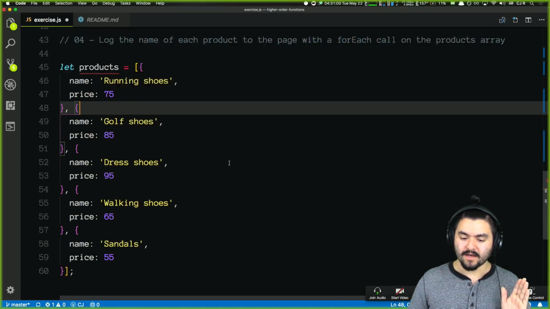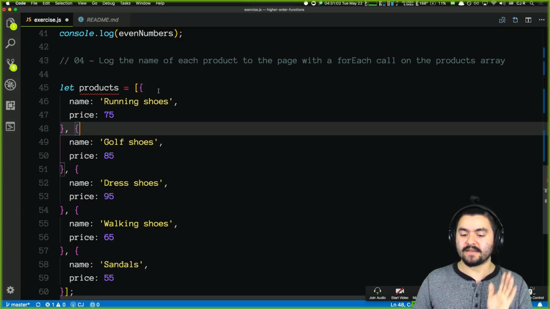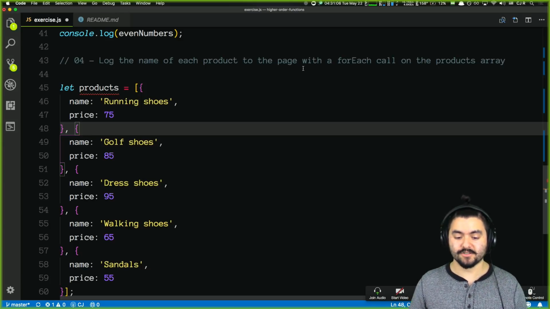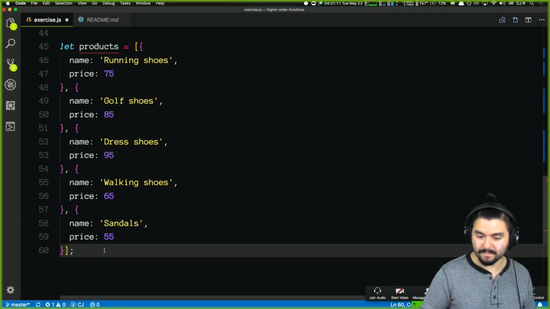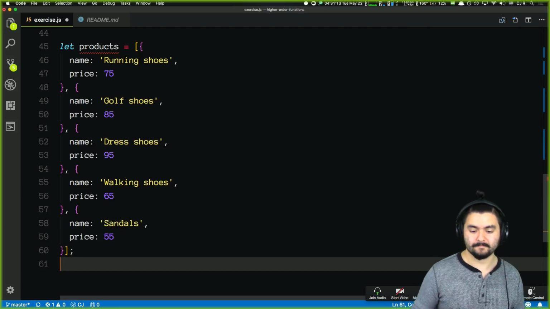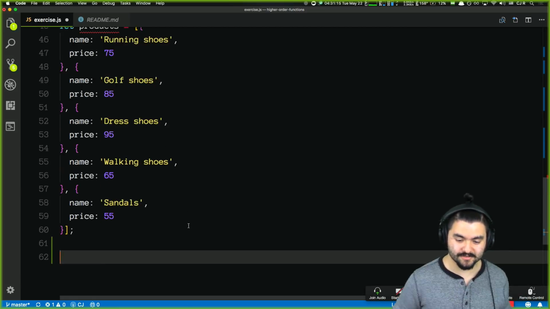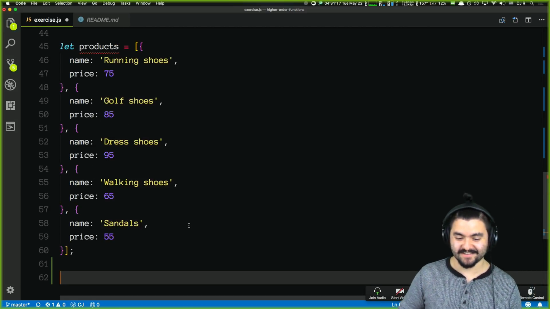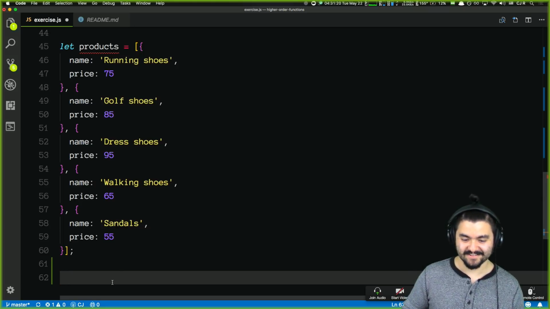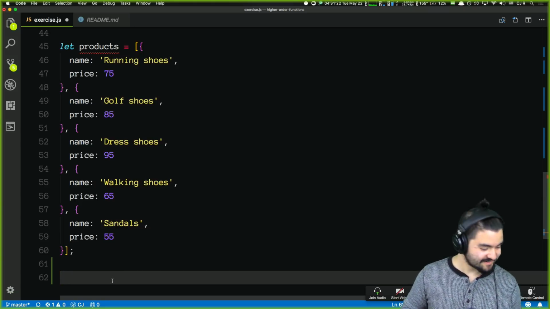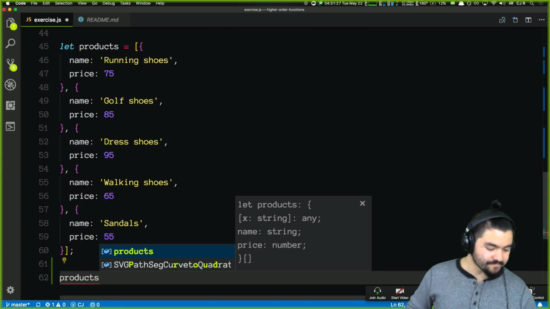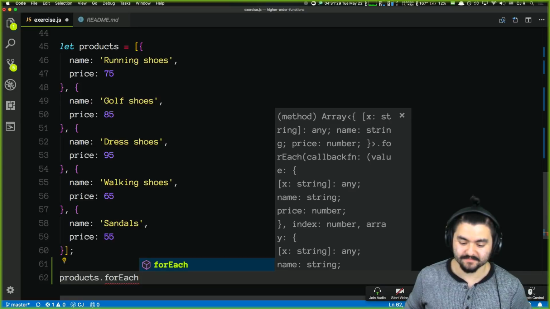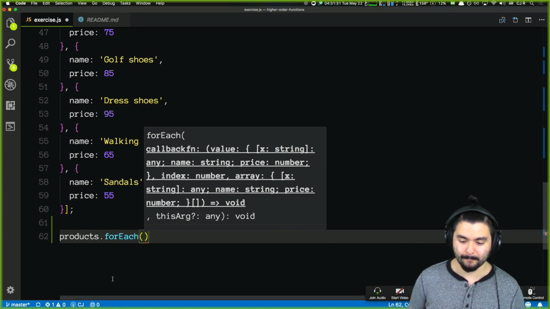So I want you to log the name of each product to the page with a forEach on products. You can do it right there, using a forEach. There was actually a time I could have used this the other day when I was doing a code kata, because it was basically trying to get the name. Okay, so products dot forEach, and we're going to say